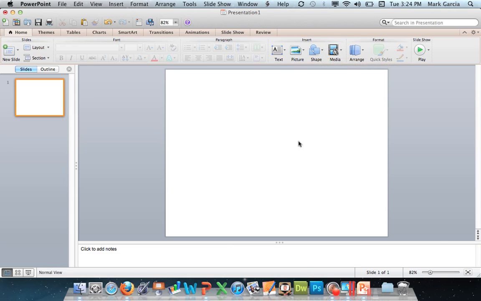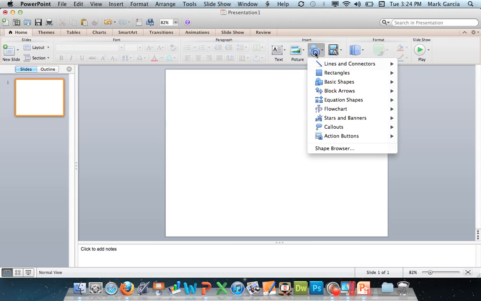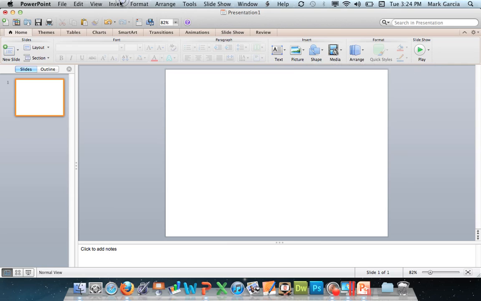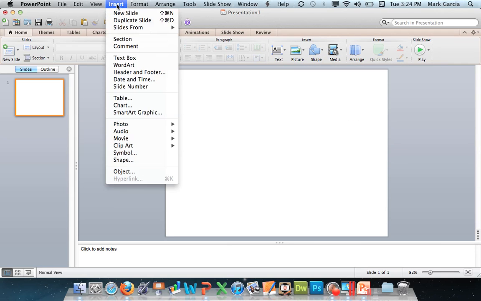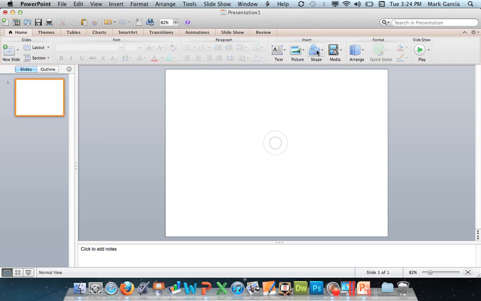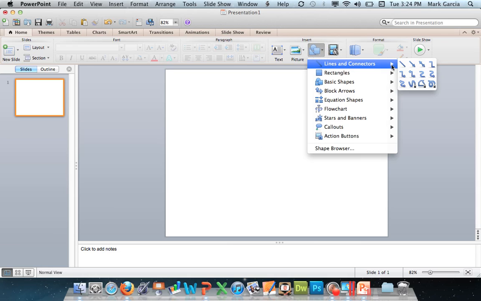So here I am on my trusty Mac in PowerPoint 2011. And I'm going to start by going to the ribbon where it says Insert, and I'm going to click Shape, and I can choose a line. Now if you choose not to use the ribbon, you can accomplish the exact same thing from Insert up here on the menu bar, go down to Shape, and that should bring up a window that allows you to determine which shape you'd like to implement. I'm going to use the ribbon. I'm going to choose a line,